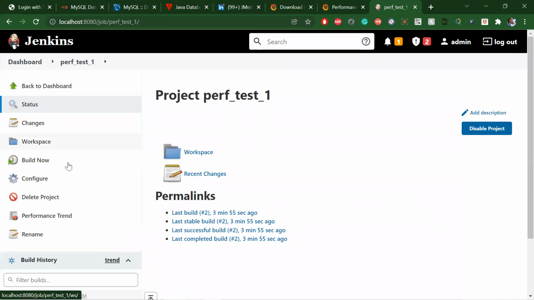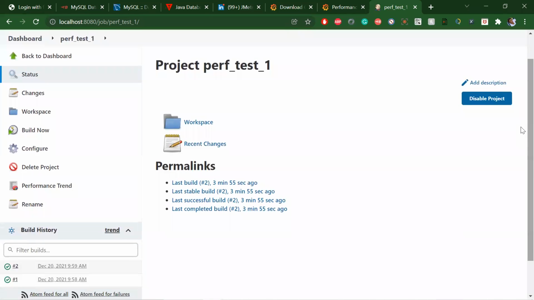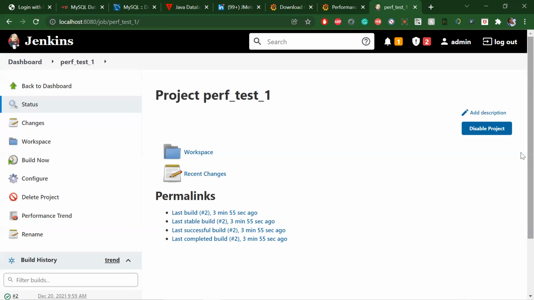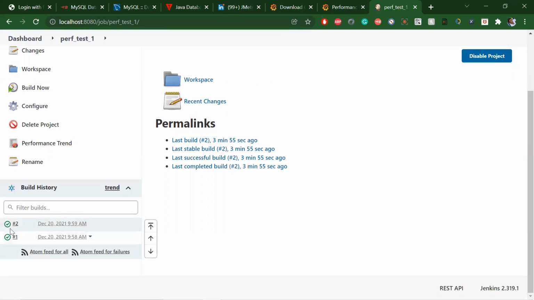Now if you check the earlier builds, both were showing pass on success because there was no condition.